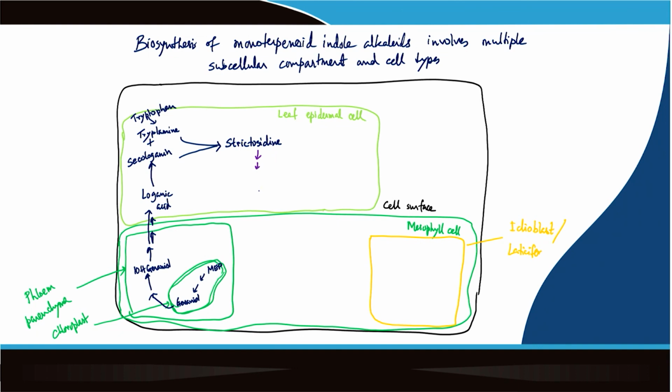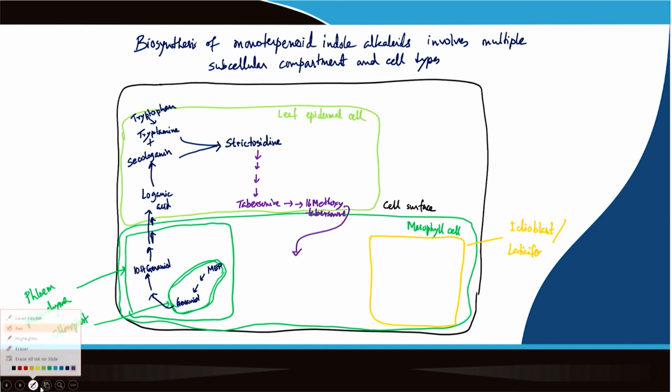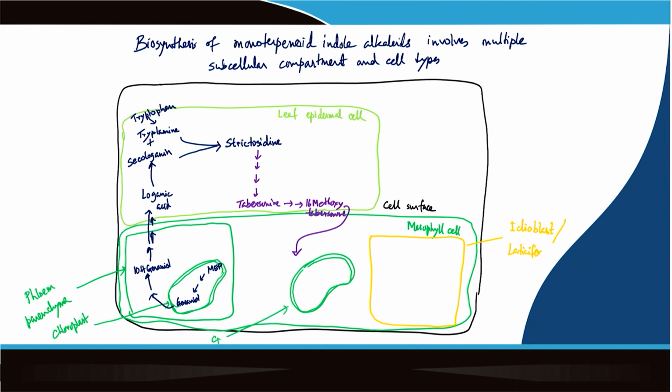So, one particular route makes tabersonine, and this tabersonine finally makes 16-methoxytabersonine, and that moves inside the mesophyll cell again, and there this is again the chloroplast,